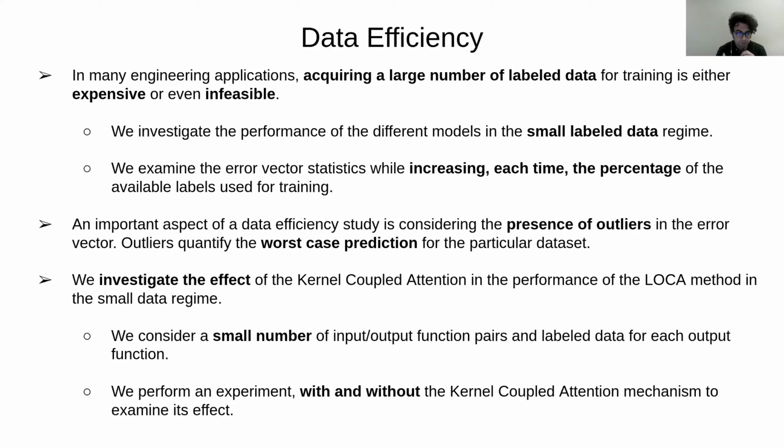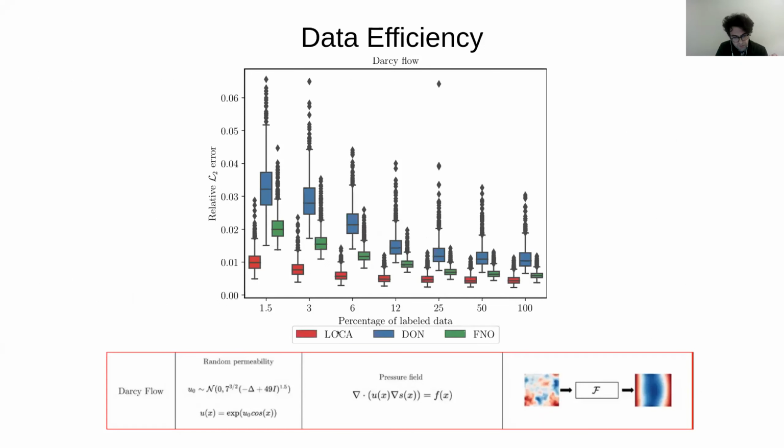Okay, so also we will have this kernel coupled attention mechanism. We will have it in the model and remove it and see how it affects the efficiency of the model in the small data regime. Okay, so this is for the Darcy flow, and we start with 1.5% of the data set and go up to 100%. As you can see, this model can very quickly get to a very good median error, a very small error spread, that, let's say at 6%, is better than the other method with close to